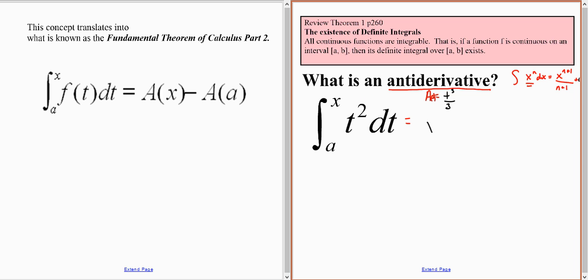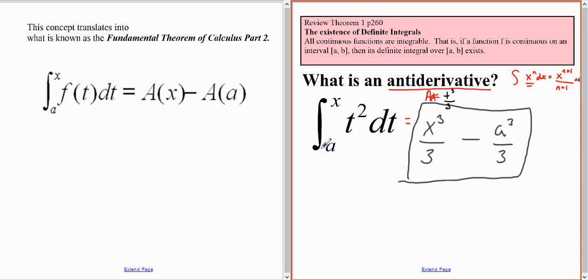So it'd be x cubed over 3 minus, and now we plug in our a value, we would have a cubed over 3. And that would be our integral from a to x. And that's what we have. Pretty cool, huh? So in doing this antiderivative, now the next thing is when we have this antiderivative, how do